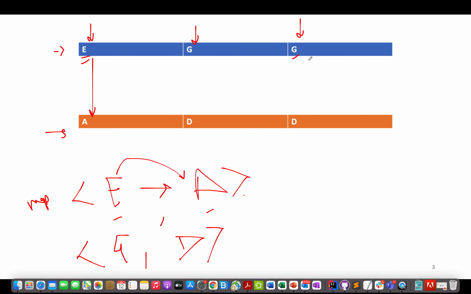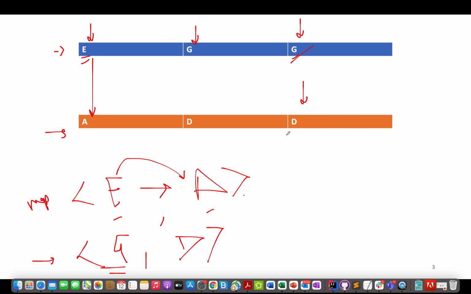The next character that we have is G, and we will check whether it is part of the map or not. It is already part of that map, and we will try to extract the value it is targeted to. So it is targeted to D, and the one that we are targeting here is also D. So that means we are consistent, and we will continue the process.